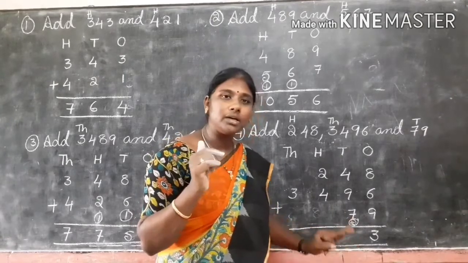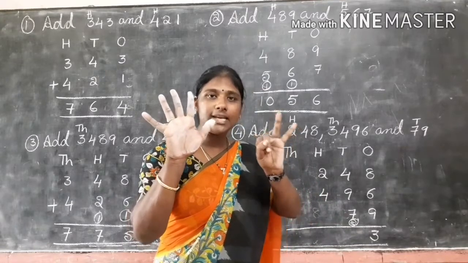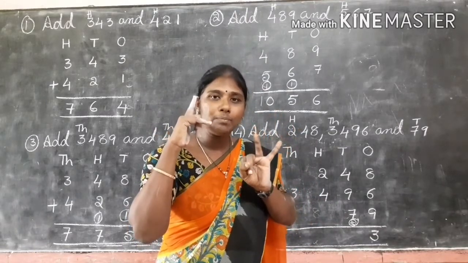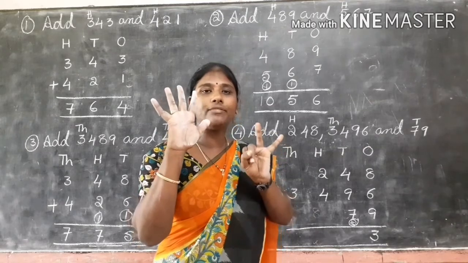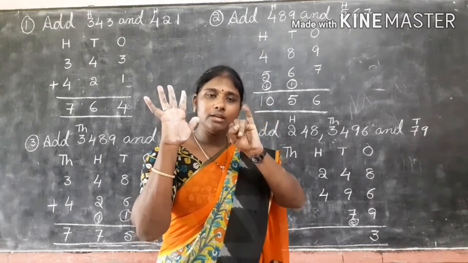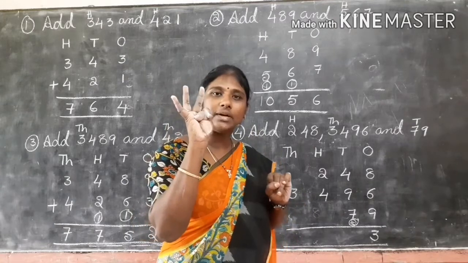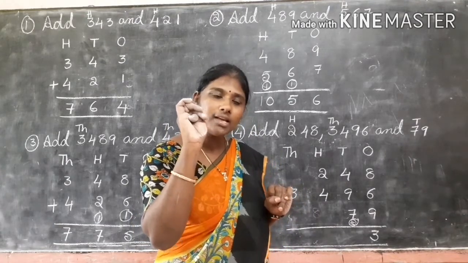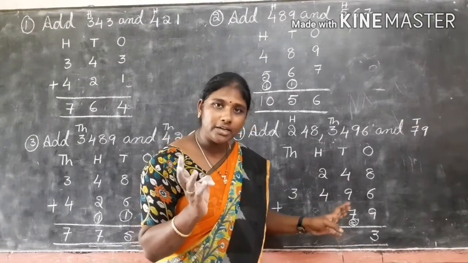What is the next number? 7. Take 7 fingers. What number do we keep in our mind? Yes, we kept in our mind 13. So 13 after 14, 15, 16, 17, 18, 19, 20. How much do we get? 20. Enough? Completed?